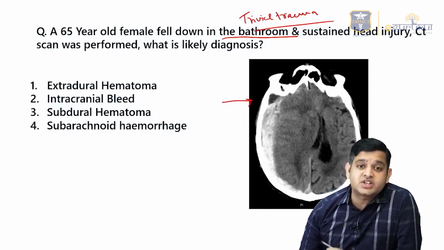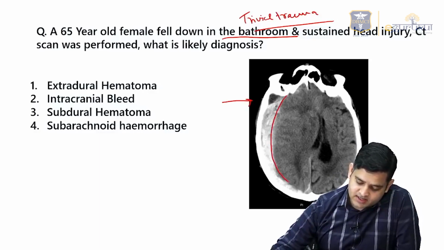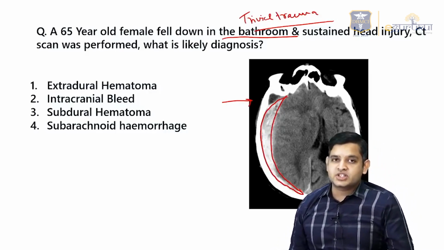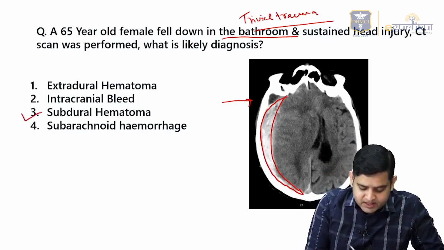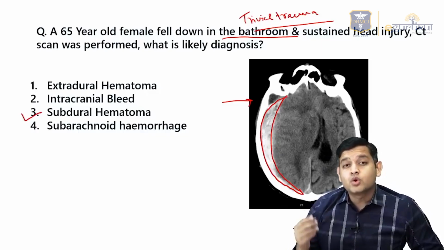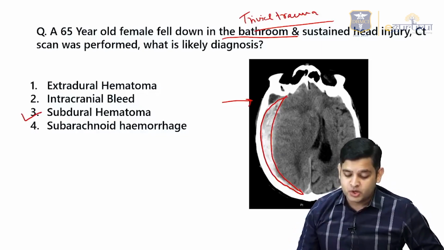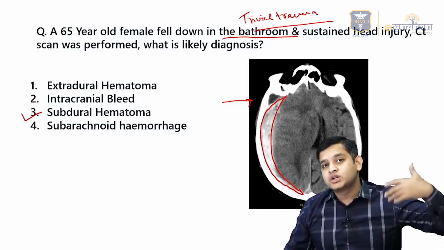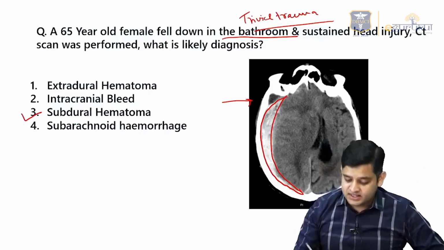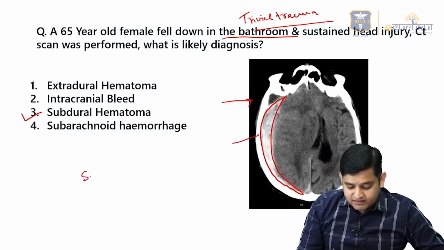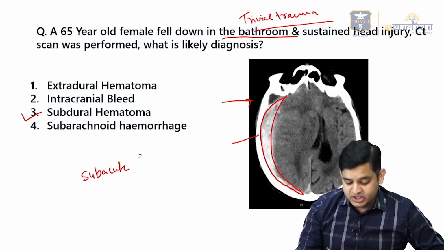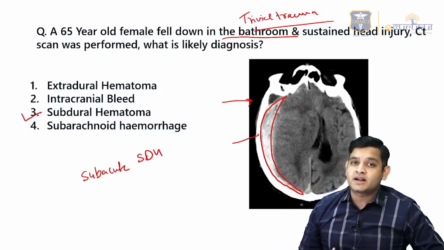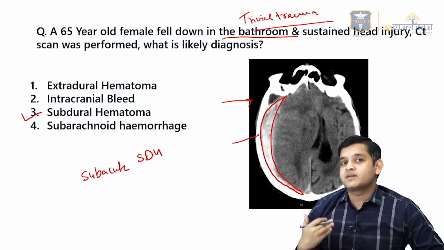Now what you could see in this CT is a crescent shape hyperdense collection. As you could see here, you know that this is definitely a subdural hemorrhage. Please remember that a few more questions can be asked on this particular point. Now this is an acute SDH. Sometimes the history is 3 weeks back or 4 weeks back, and in these cases the density starts decreasing, and it becomes a subacute SDH. The subacute SDH becomes nearly isodense to the brain parenchyma. A lot of the time it becomes slightly difficult to understand.